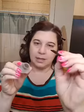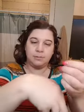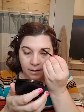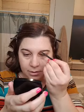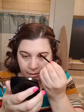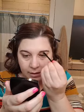brush. It's got a little bitty end, and you're just going to pick up a tiny bit. It's going to do hair-like strokes on your brows just to kind of give you a little idea of what it looks like. So I'm going to take it and I'm just going to kind of, you can actually use this end to line out your brows if you need to. But I'm just filling in